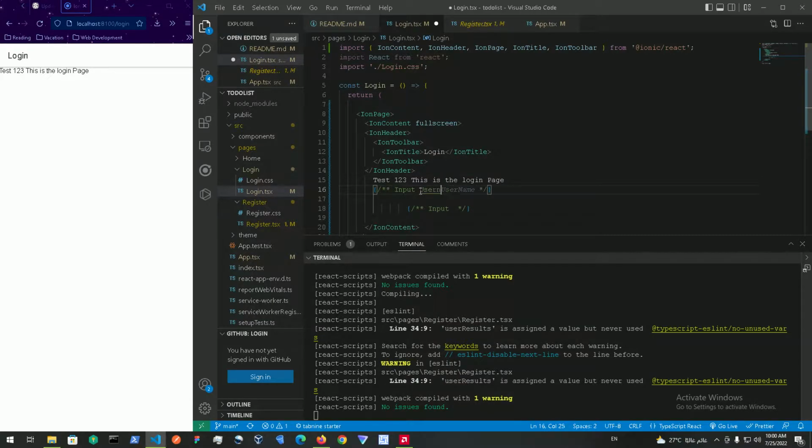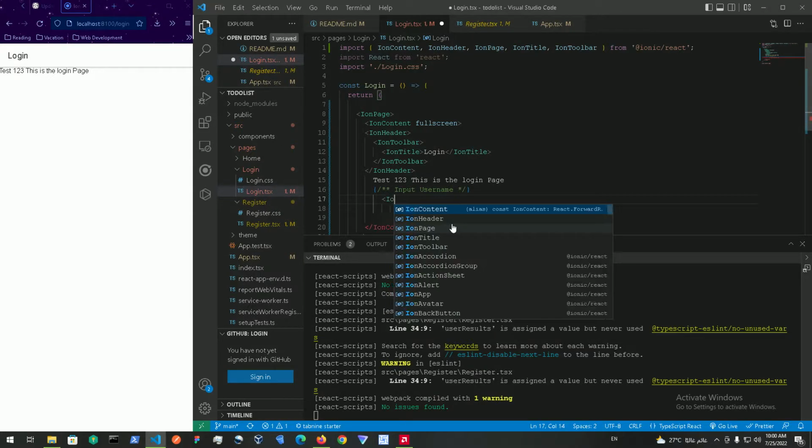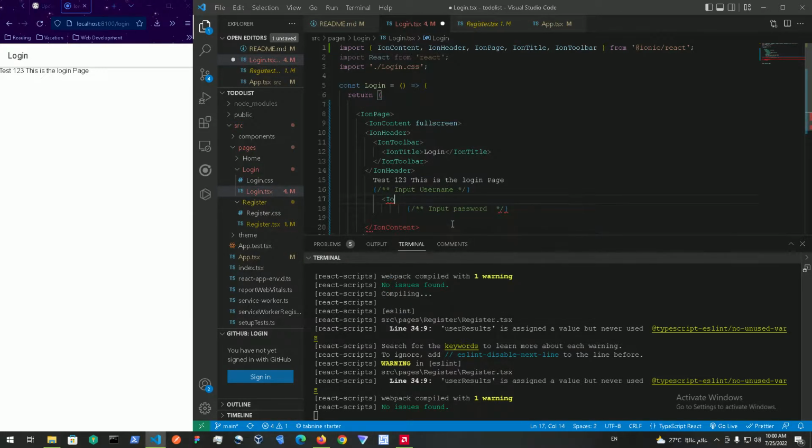So input username and input password. So basically we could just do that by doing ion input, and we're gonna copy this 2 times. Just do it one more time and just import this,